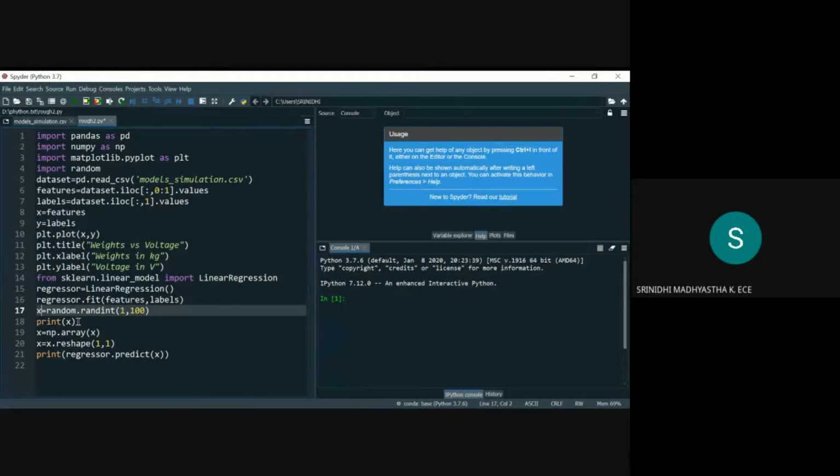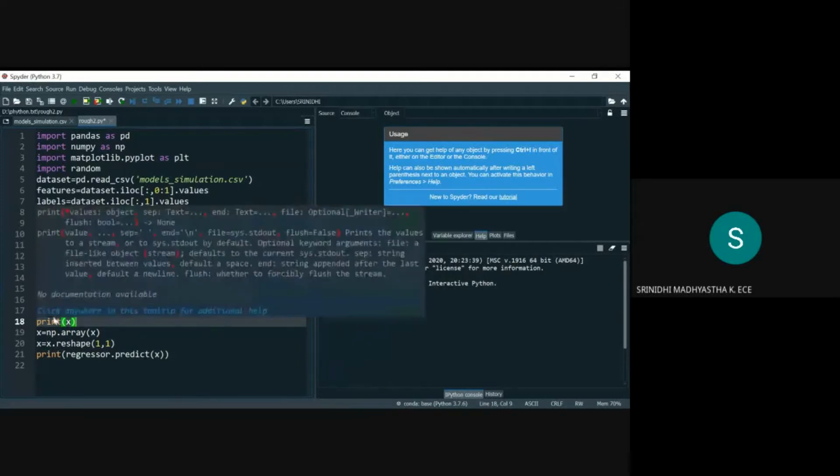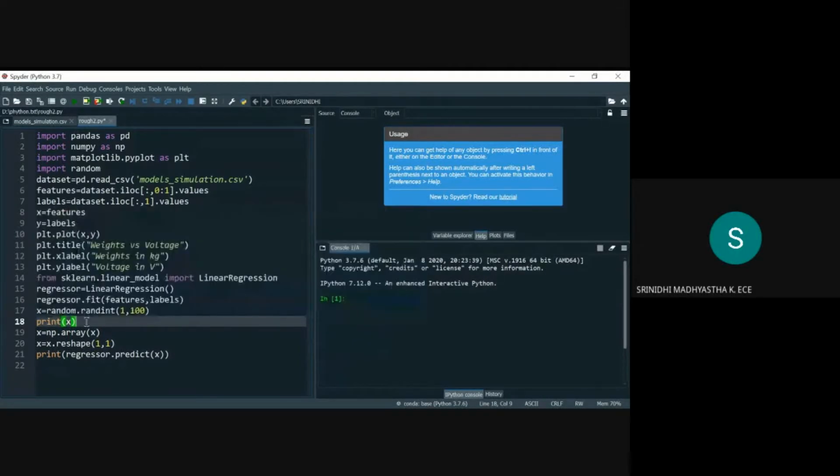When printed, it is initially in one dimension, so we have to convert it into two dimensions in order to predict the voltage. We reshape the generated weight into two dimensions.